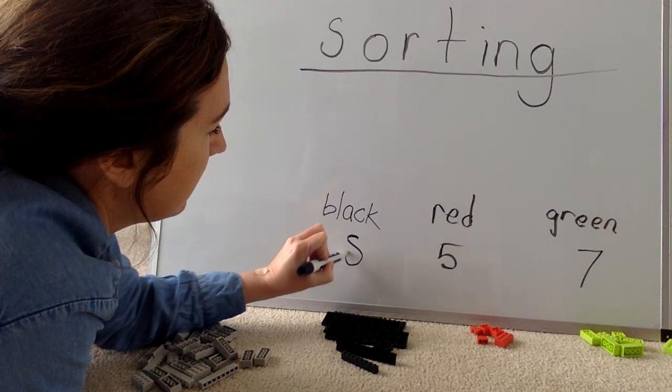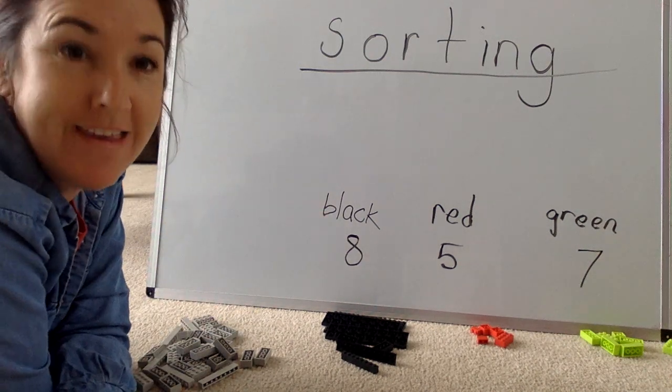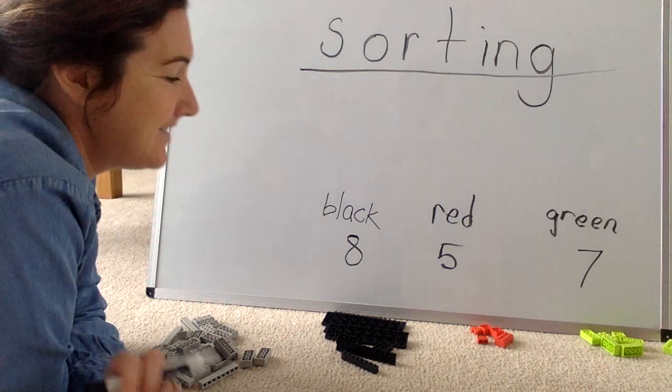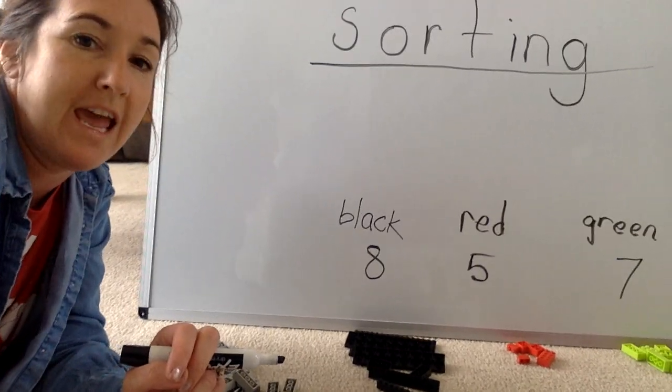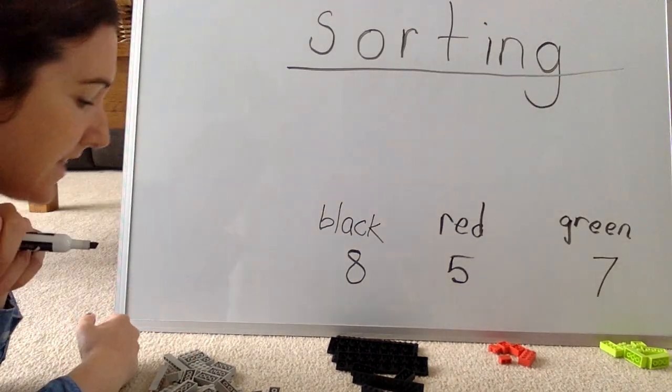Make an S and close the gate. Make an S and close the gate. Make an S and close the gate to make the numeral 8. All right, and the very last one,